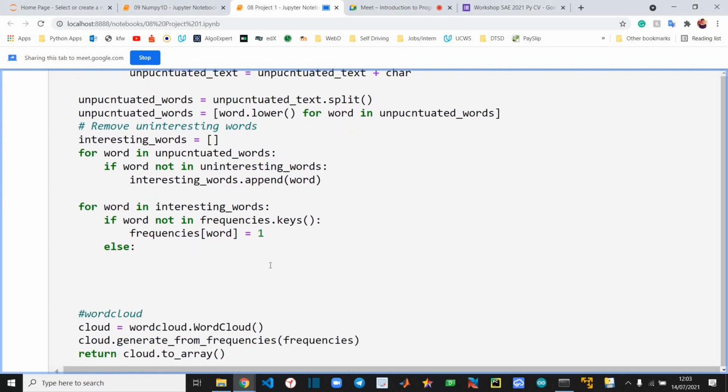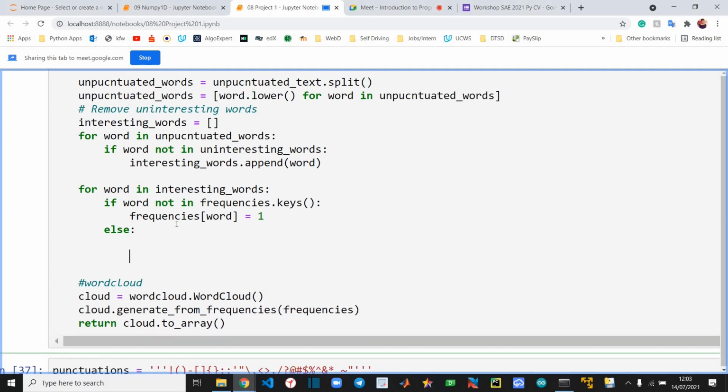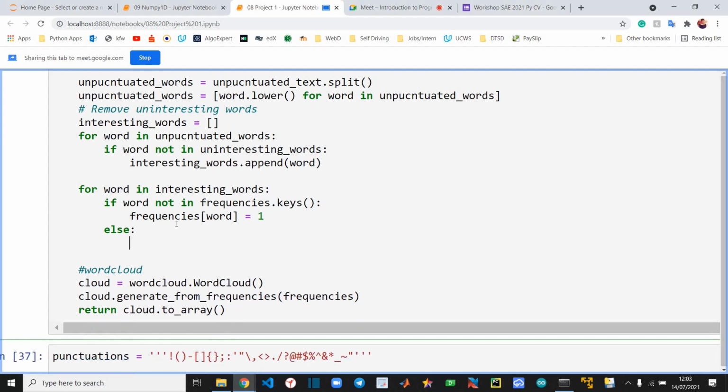Else, what will we do? Can anybody tell me? Can anyone tell me what else we can do now?